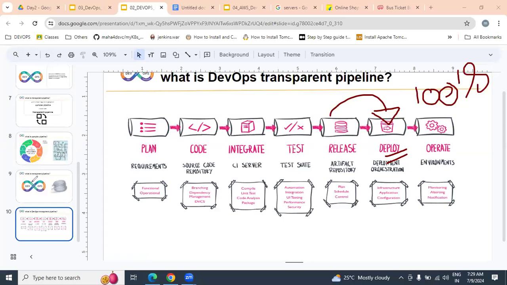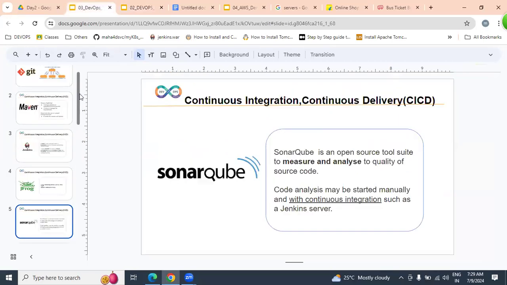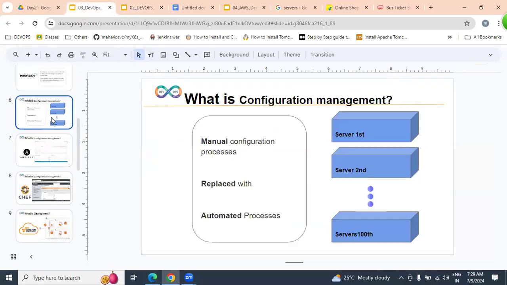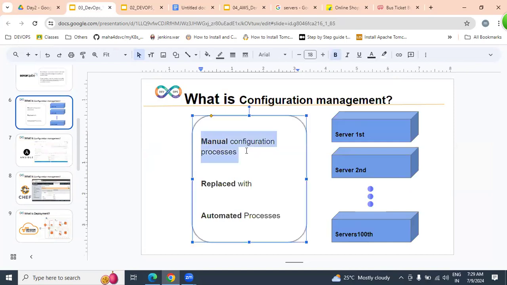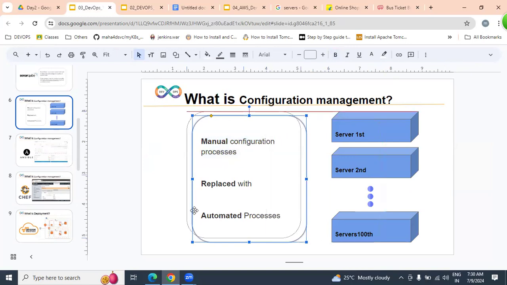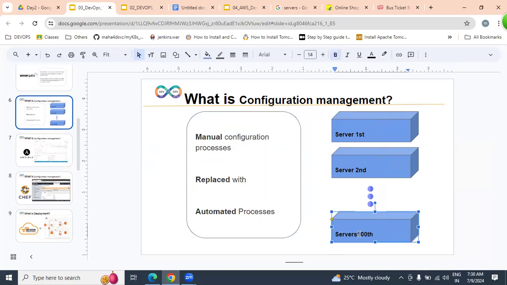Once it is deployed, how exactly can we deploy? With configuration management. What exactly is configuration management? A manual process replaced by an automated process on hundreds of servers at a time.